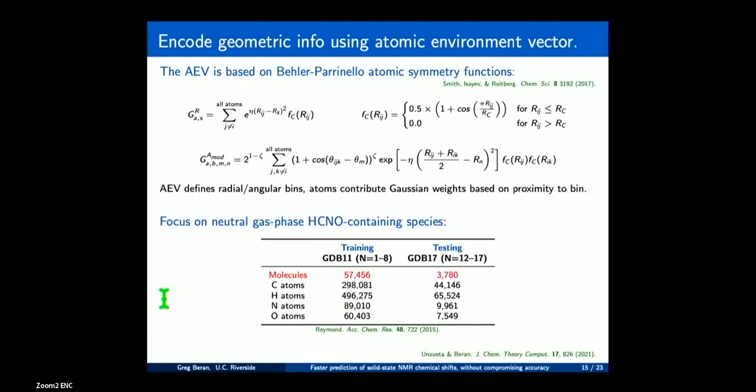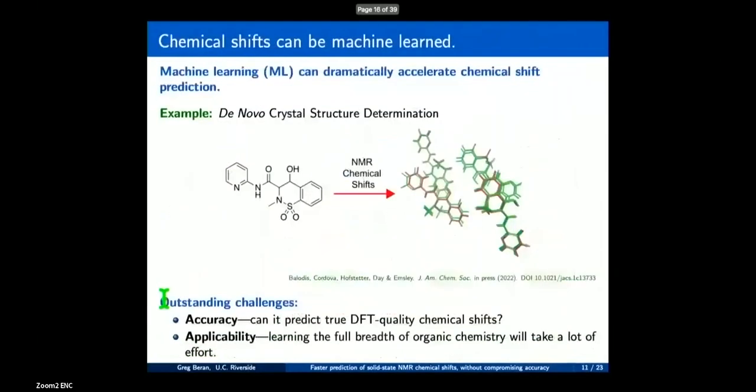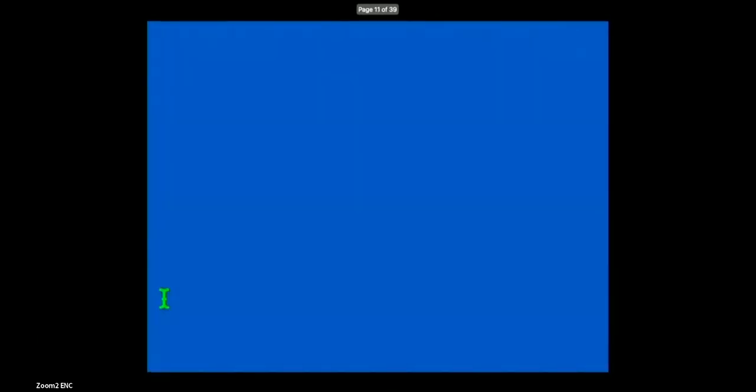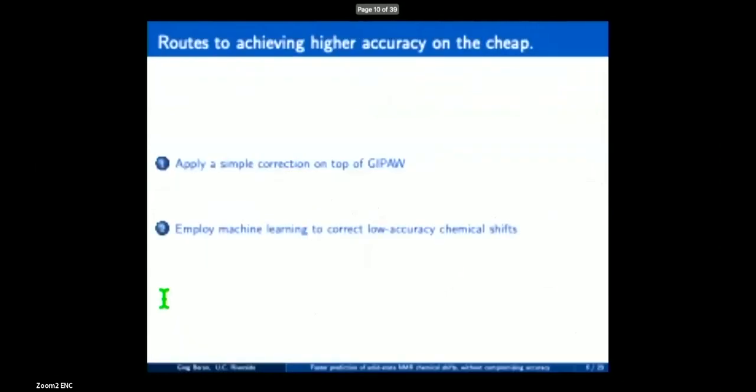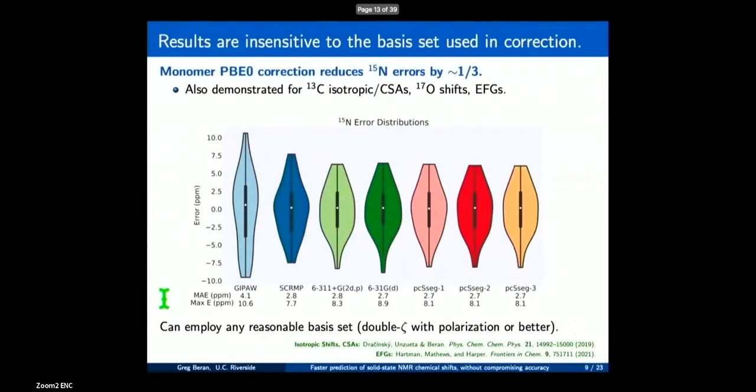That was an interesting talk. There are a couple of questions I have. First of all, on your maximum errors, they were all more or less uniform, on the order of 10 to 12, or something like that ppm. Yeah. And I'm curious, was that reflected in a particular shielding element, or was it just a random distribution of